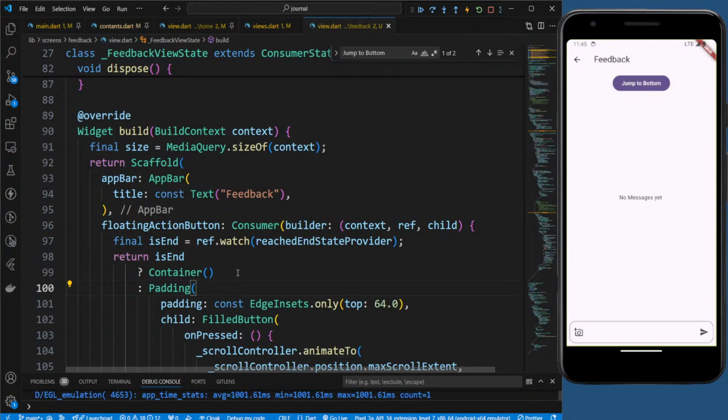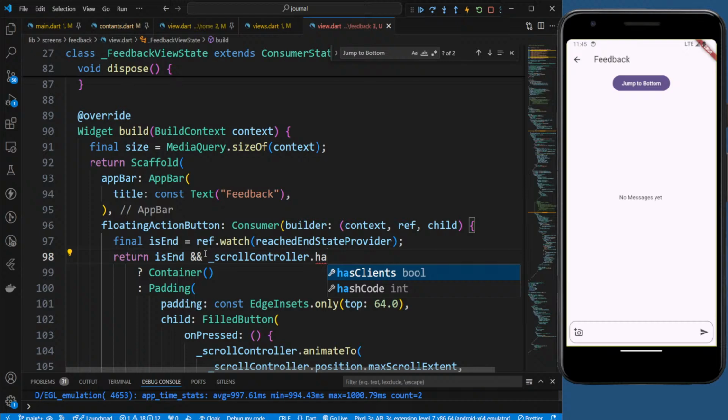we can also look for something like whether it has at least one listener. The scroll controller, if it has at least one client. But this will create a problem, because this will not keep on running every time, right? This will only